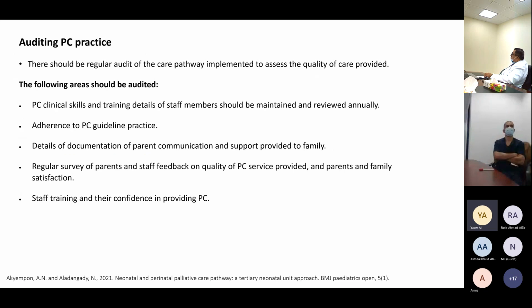And now we'll come to auditing the palliative care practice. There should be regular audit for the care pathway implemented to assess the quality of care provided. This area includes the palliative clinical skills and training details of staff members, which should be maintained and reviewed annually. Adherence to palliative guideline practice, details of documentation, parent communication, and support provided to family, regular survey for parents and staff feedback on quality of palliative services provided, and parents and family satisfaction, staff training, and their confidence in providing